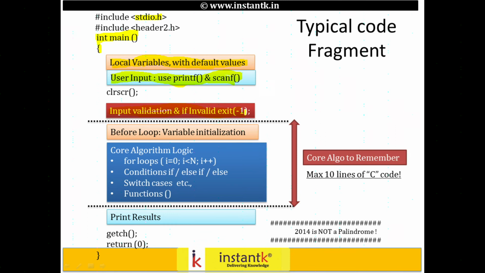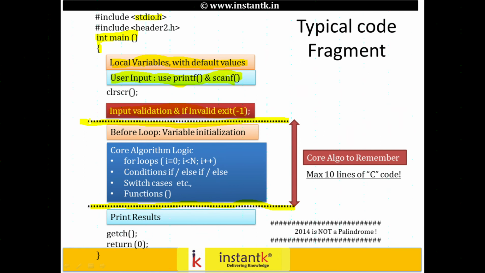So this is the local variable. You take the input and check the validity. That's it. This I would call an input parameter block. And here is the basic algorithm. The basic algorithm is what is in the whole programming. Just to make you understand better, I'll be putting these dotted lines at the top and bottom of the code algorithm section, so that you understand this is the core algo.